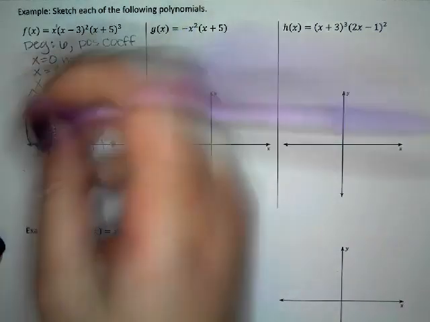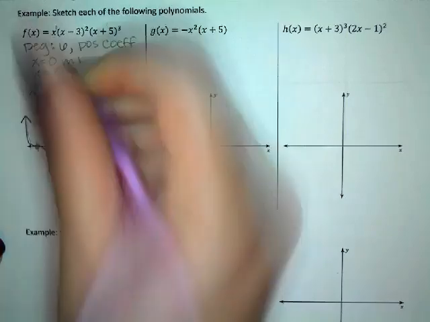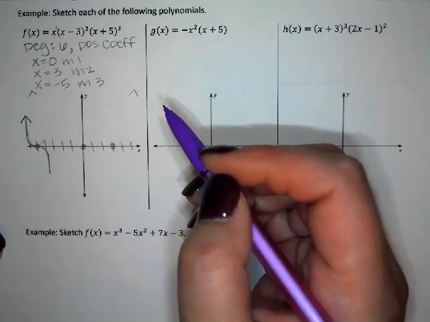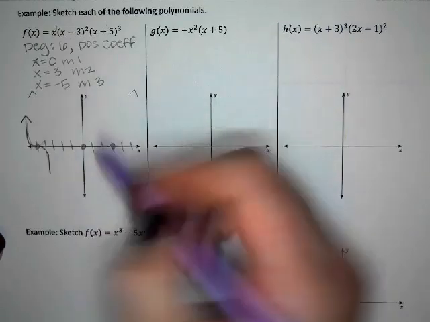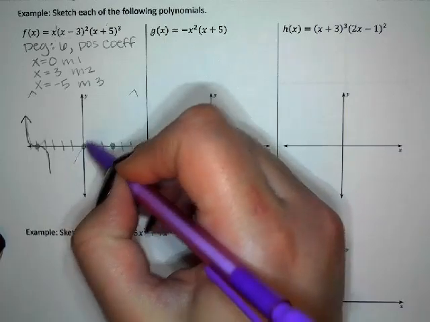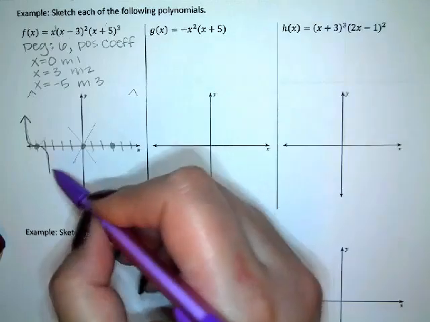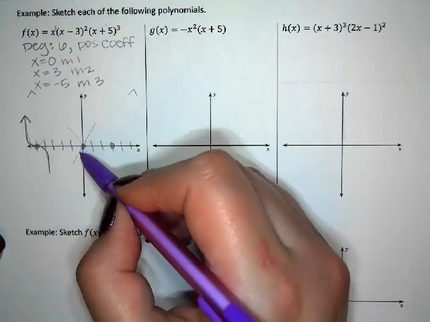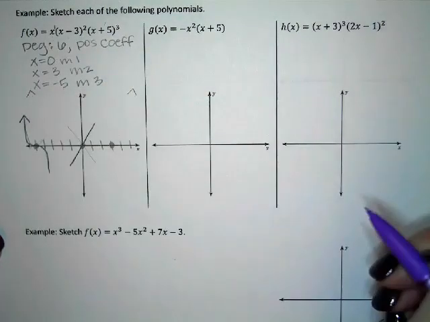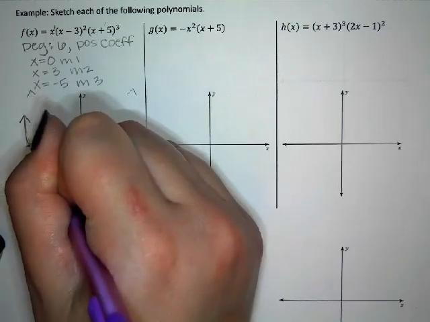Okay. So I'm starting with an up arrow. Next, through 0, I have a multiplicity of 1. These are the easiest to draw. You're just going to go straight through. But if we wanted to be technical about it, you can go straight through with kind of a positive slant, or you can go straight through with a negative slant. So with this one, you can tell that if I have to connect this to this, I'm going to have to go for the version that has a positive slant. That's the only way for me to connect those two graphs. And we always make sure with polynomial functions that we connect them with smooth curves,